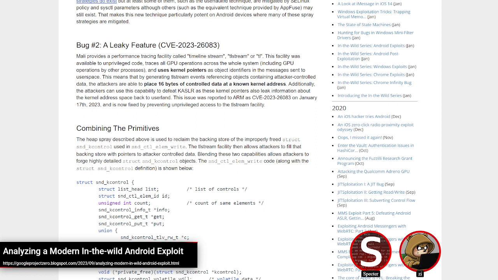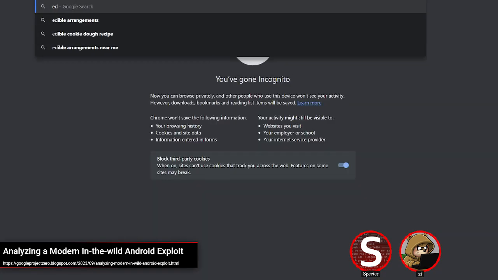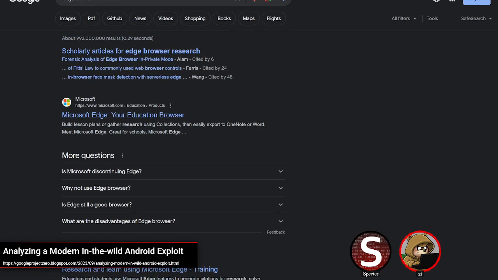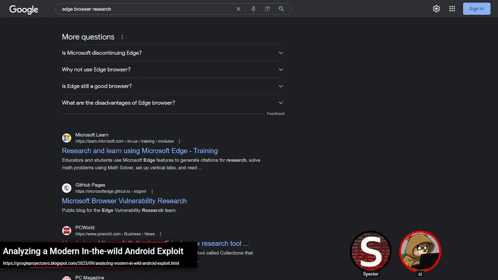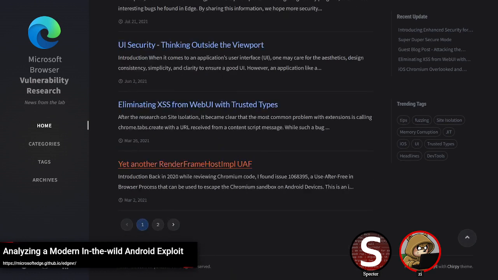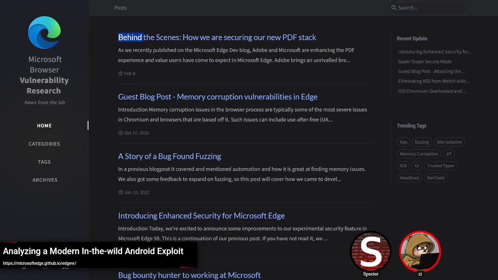There was the Edge team, Microsoft's team. I feel like they haven't posted in a while, actually. I think there were like two or three posts there, and then it just never went active again. They kind of kept access going for a little while, I think. Did they? Hmm. I've just got the blog here now. It looks like their last post was February of this year, though. But they have a couple pages here of posts.